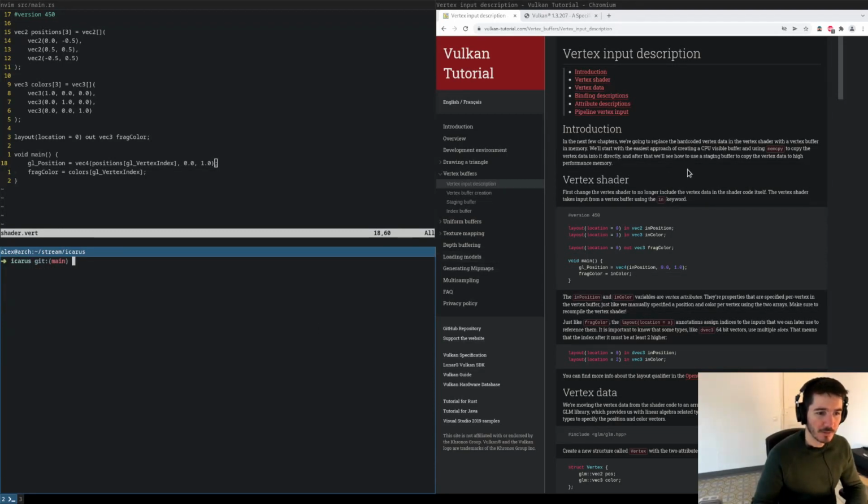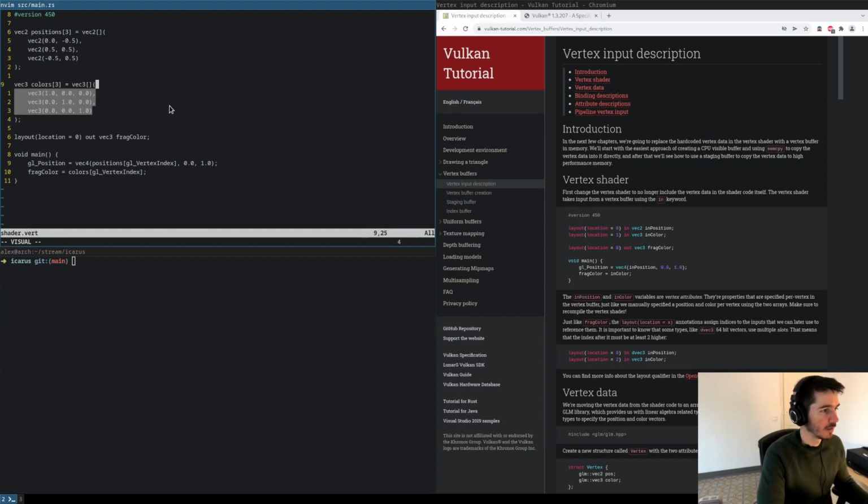So in the next few chapters we're going to replace the hard-coded vertex data in the vertex shader with a vertex buffer in memory. We'll start with the easier approach of creating a CPU visible buffer and using memcpy to copy the vertex data into it directly. And after that, we'll see how to use a staging buffer to copy the vertex data to high performance memory. First, change the vertex shader to no longer include the vertex data in the shader code itself. So we can get rid of these hard-coded values I was mentioning,